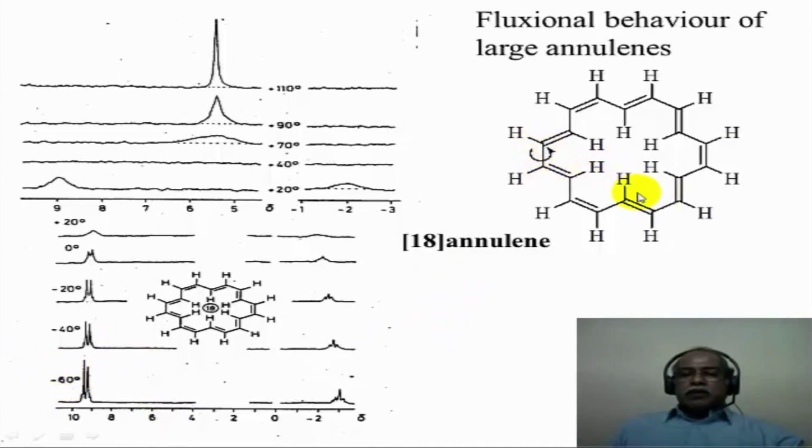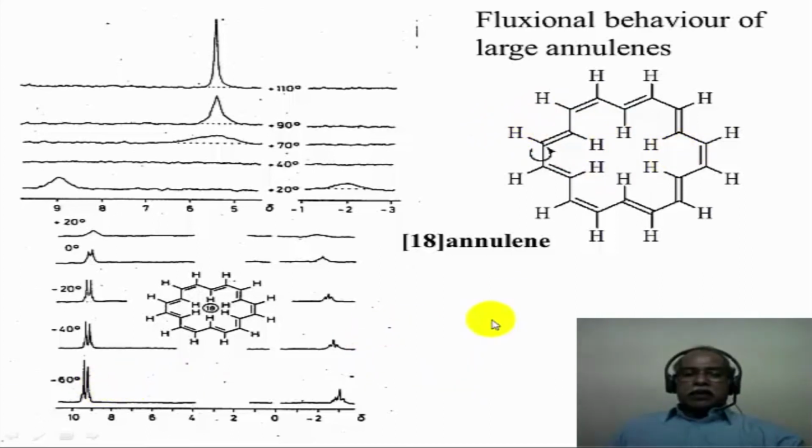At minus 60, the molecule is frozen and it is probably in the planar most stable conformation because it is an aromatic system. If it is non-planar, of course, it will not be aromatic. In fact, it probably goes through a non-planar transition state when it is undergoing a rapid interconversion of the inside hydrogens going out and the outside hydrogens coming in.